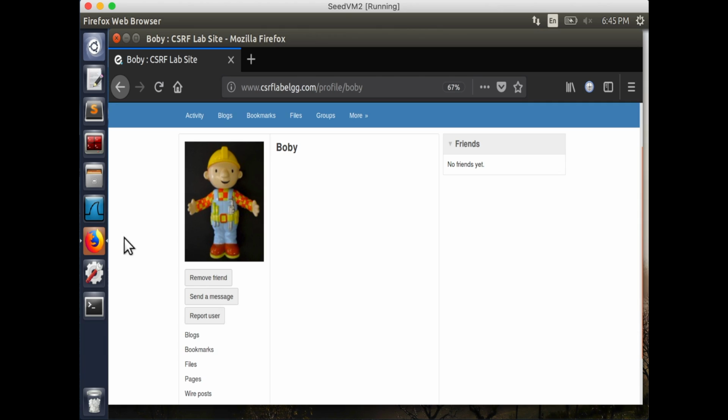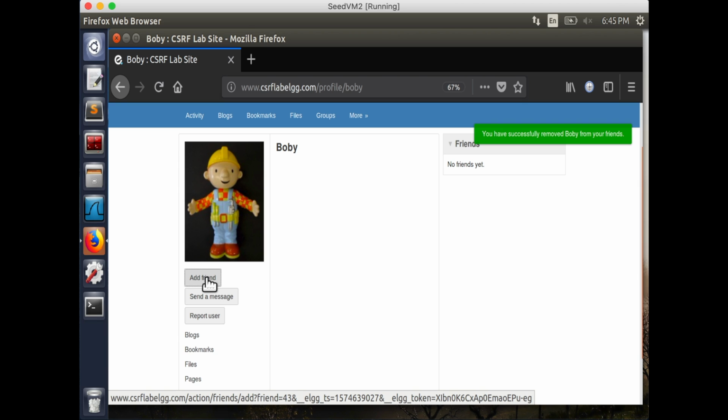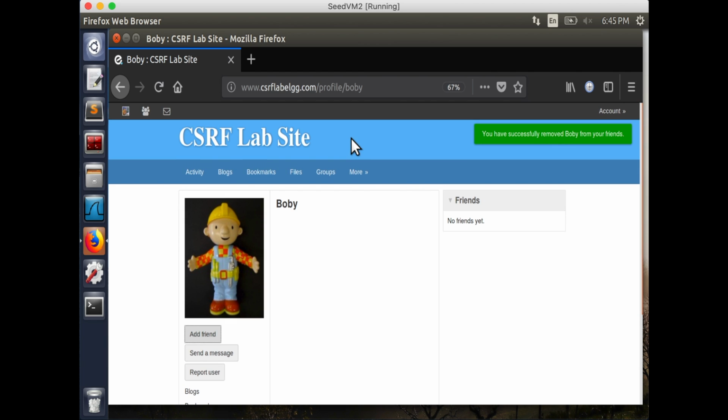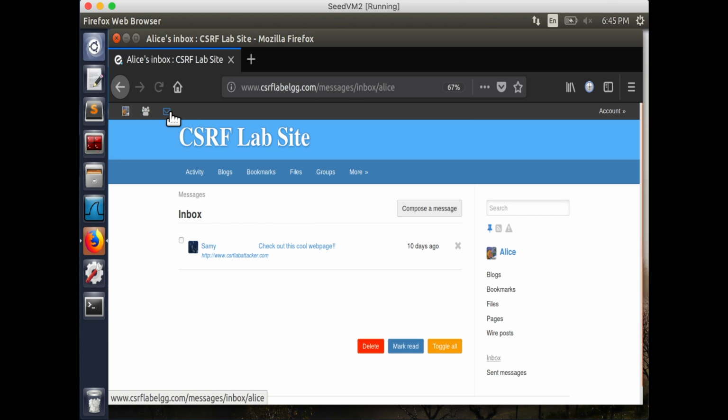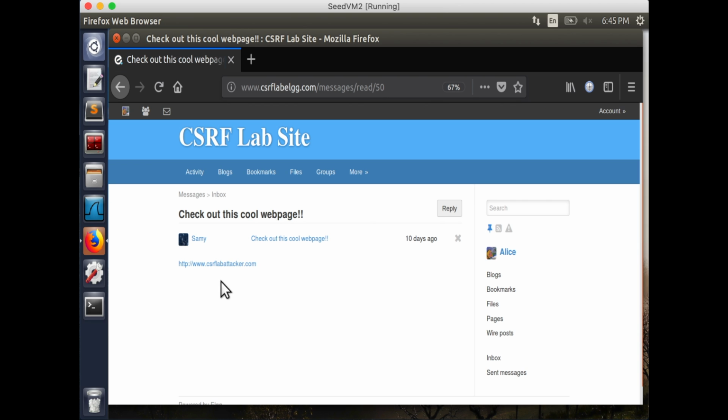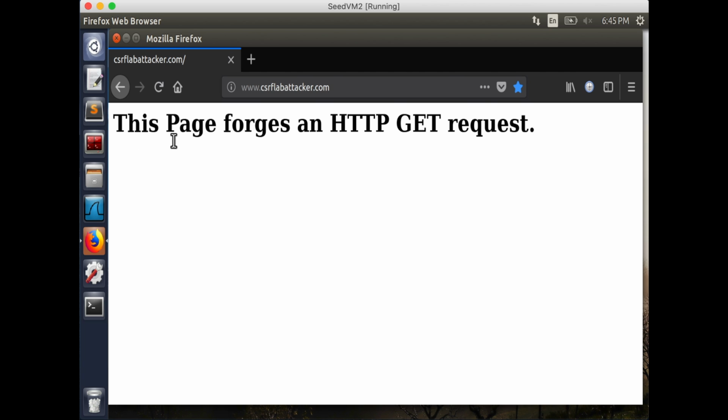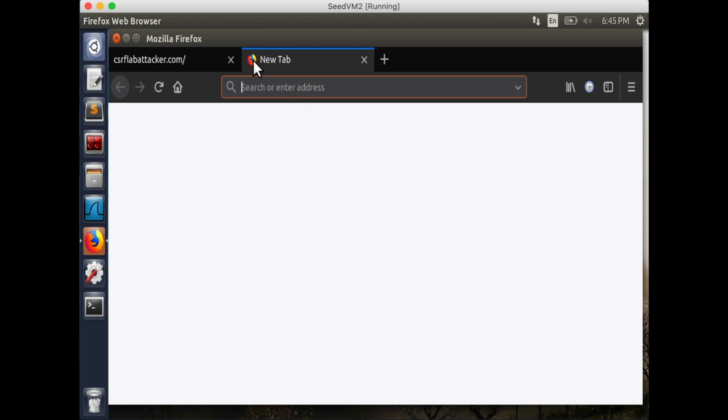And she received a message from Sammy, one of her friends and Bobby's friends. So Sammy sent her a message saying, "Check out this really cool link." So Alice clicks on the message and then clicks on the link, expecting it to be really awesome. But when she clicks on this link, she's instead redirected to a page that says, "This page forges an HTTP GET request." So now, if I open up a second tab and go back to her profile homepage,